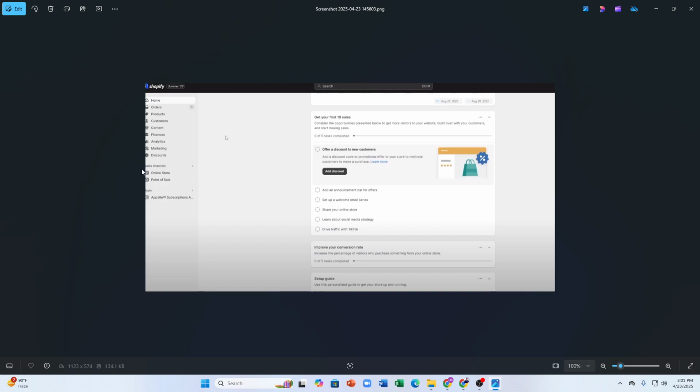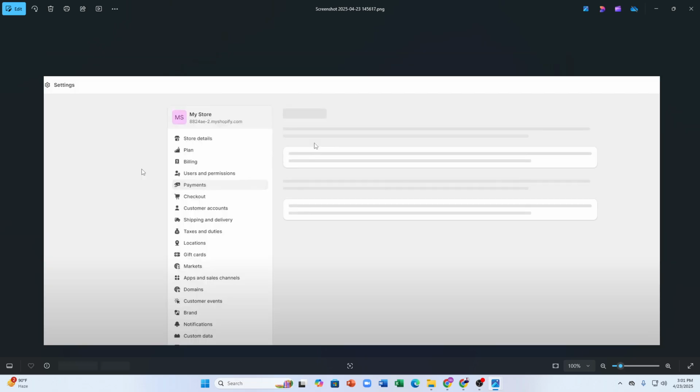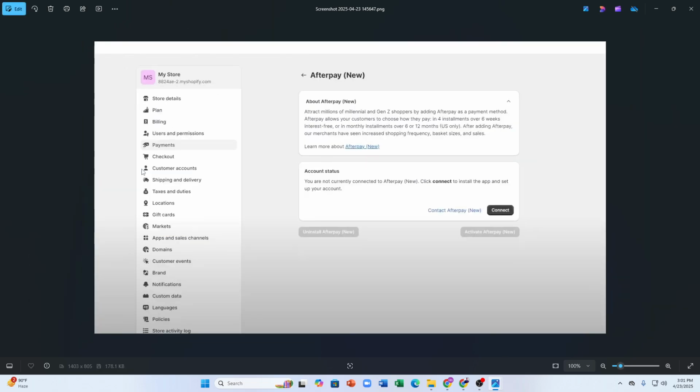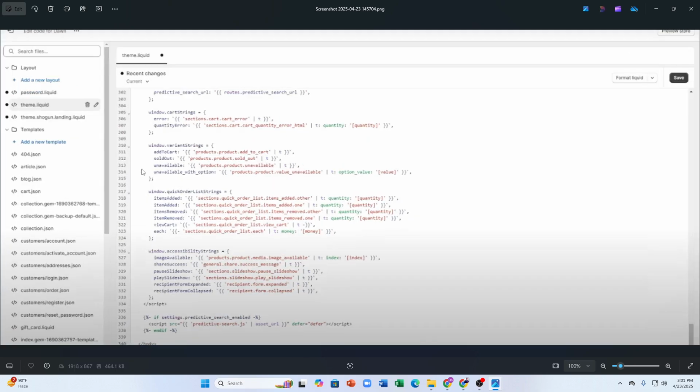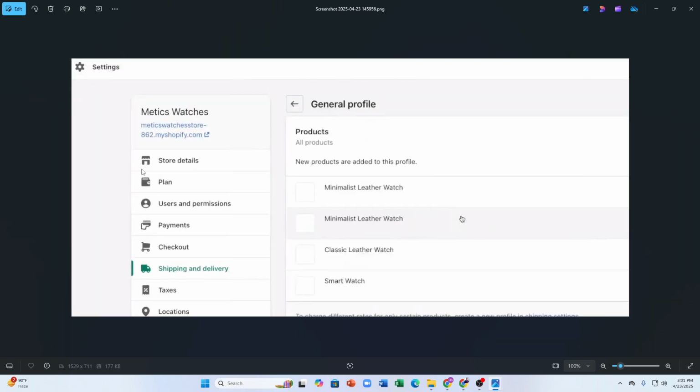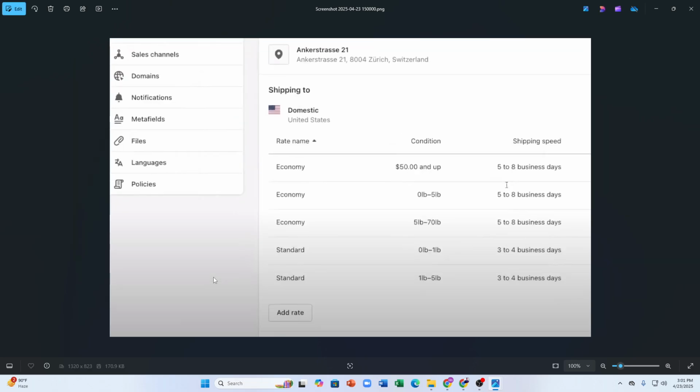Then after heading over to it, you have to tap on the settings, and from there you will find this option called shipping and delivery. After clicking on settings from the bottom left corner here, you will see this option called shipping and delivery. From there you can see